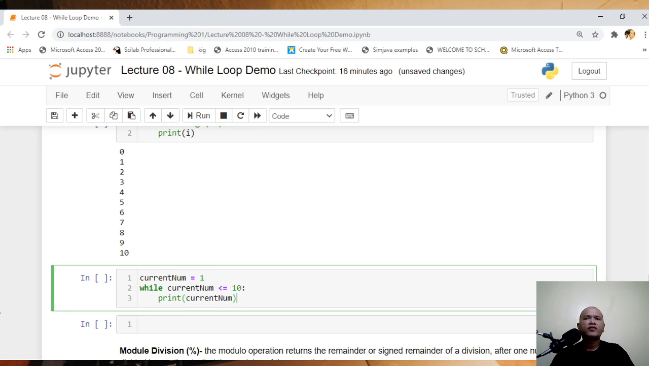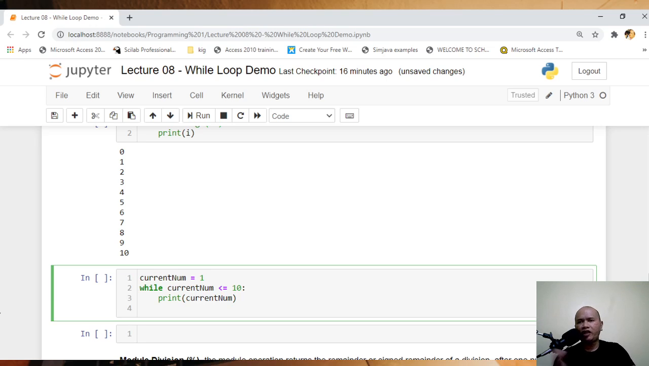I'm going to print current num. And then if you try to run this one, you are going to run an infinite loop, because basically your current num is equal to 1. Current num, which is 1, is less than or equal to 10, which will give us a true value. Then we're going to print the current num, which is 1. And then you're going to loop again. Again, our num is 1, so print